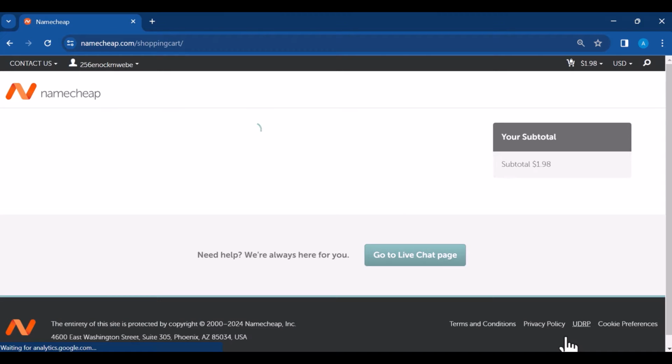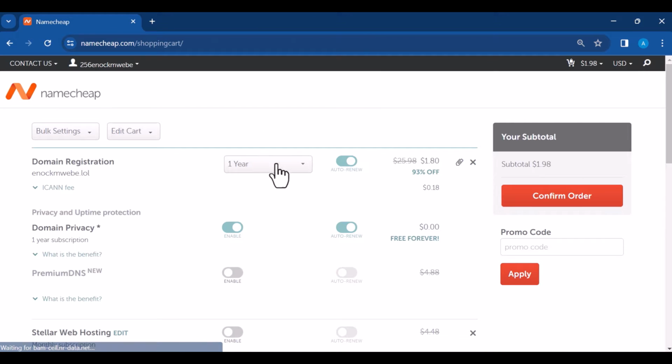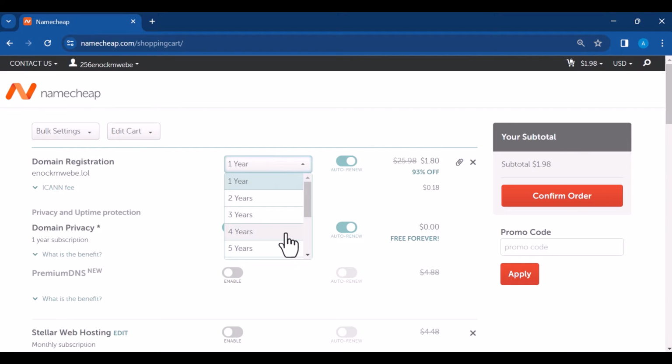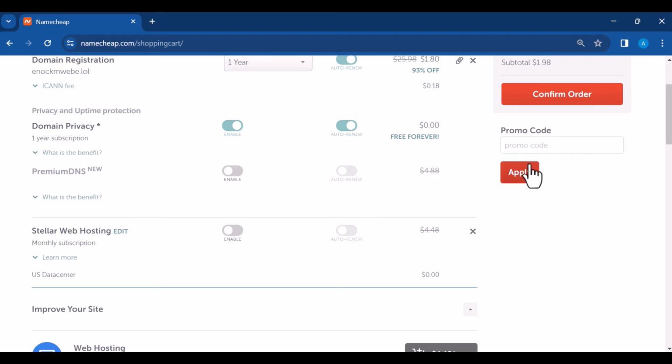Once you're here, you can change the number of years you want to register your domains for. 3 years, 4 years, 5 years. You can change to 5 years. It's not really expensive, but I'll keep it for 1 year since this is just for demo purposes. So I'll hit confirm order,